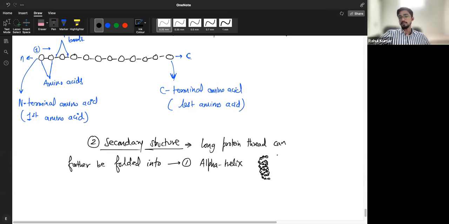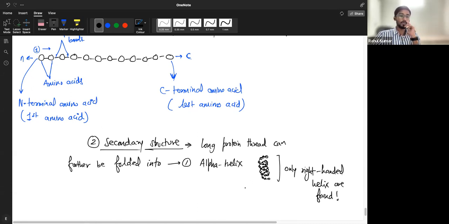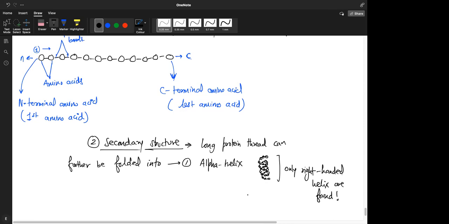And in protein, only right-handed helix are found. This is an entrance question. This is very curious, but somehow only right-handed helix are found. No left-handed helix is there. Okay. Sir, right-handed helix means